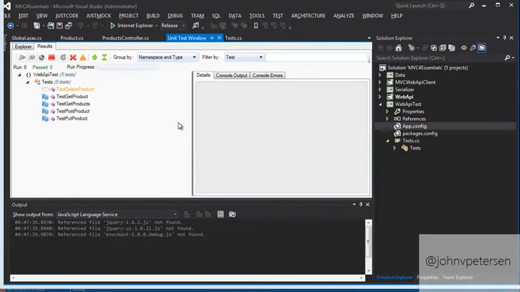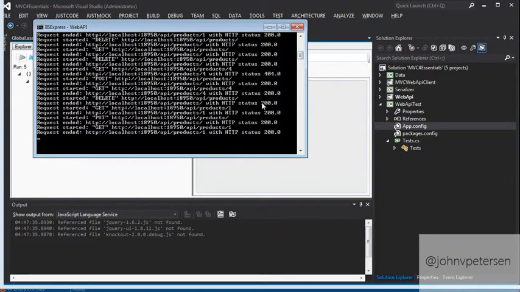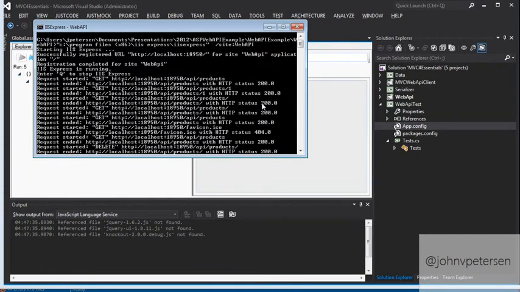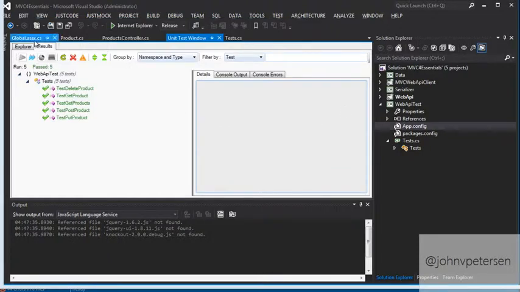It's going to take just a couple of seconds here. Okay, there you go. So they all passed. Let's take a look at what got echoed out. Well, sure enough, it responded to everything. So through that code, which you're used to working with, you can now easily interact with this web API service through a test.